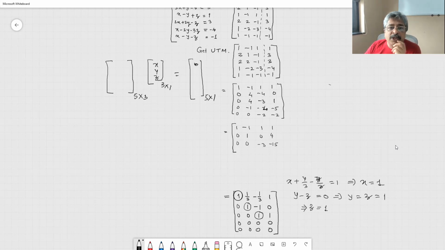Now, imagine a situation where the last equation, if this is -1, instead of that, were -2 or +1, then this 0 would not be there in the last one. And then it will offer you no solution, because x is equal to 1, y is equal to 1, z is equal to 1 will satisfy the first four equations, but it will not satisfy the fifth. Therefore, there will not be any solution. Now, because these five equations are consistent for a specific unique value of x, y, z, we got it.